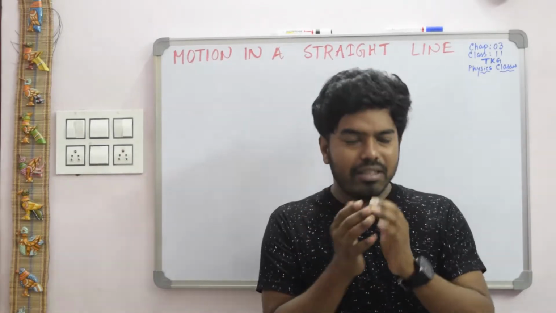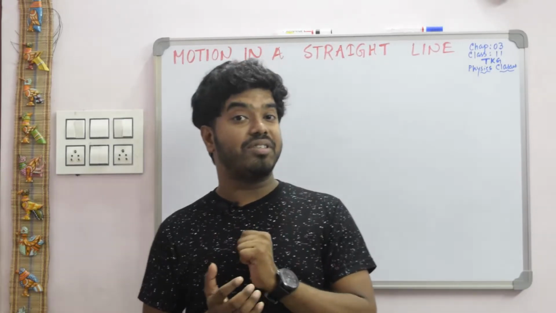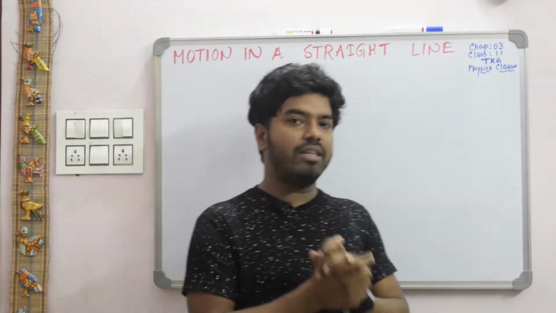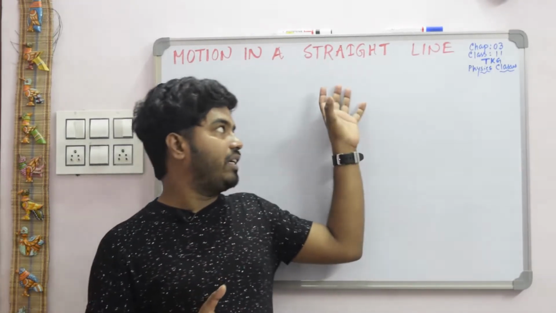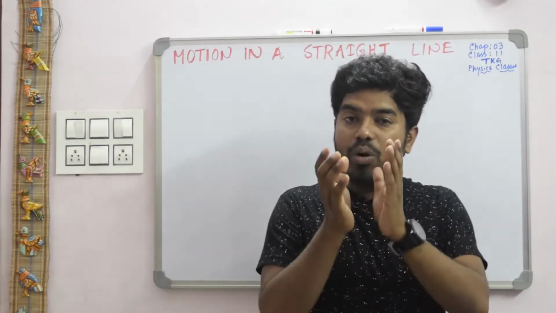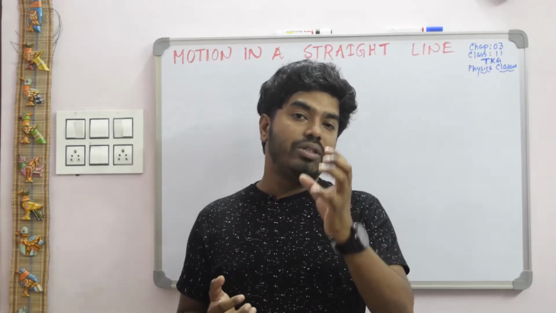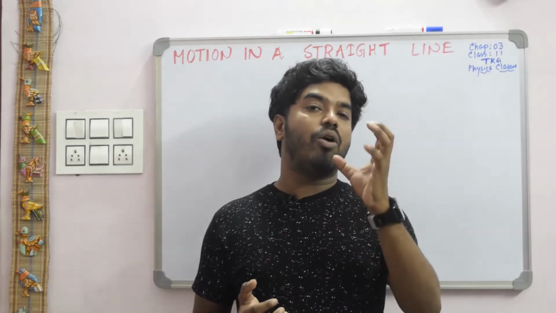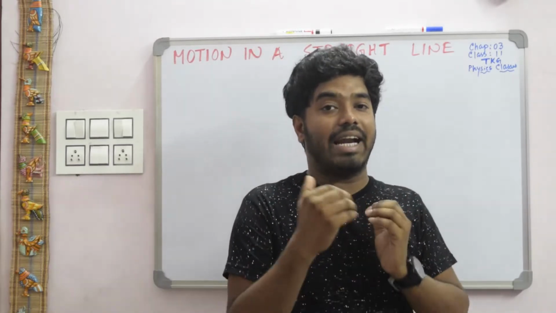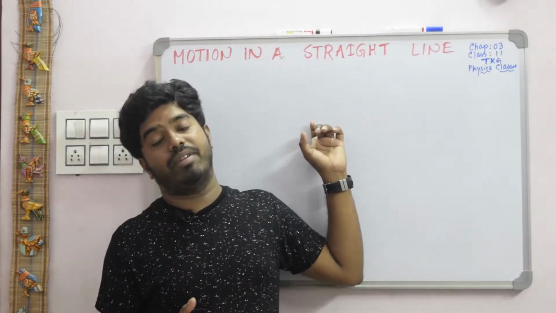Okay. So in this class we are talking about another chapter, that is chapter number 3 for class 11, which is named motion in a straight line. Before starting it, you have to know this part is related to the branch of physics named mechanics, the oldest branch of physics. What is mechanics? Mechanics is a branch of physics which is related to the motion or rest of a body. There are sub parts of mechanics: statics, kinematics, and dynamics. This chapter is related to kinematics.